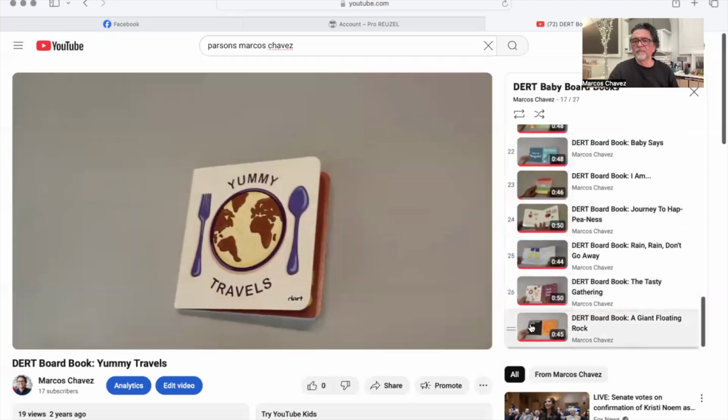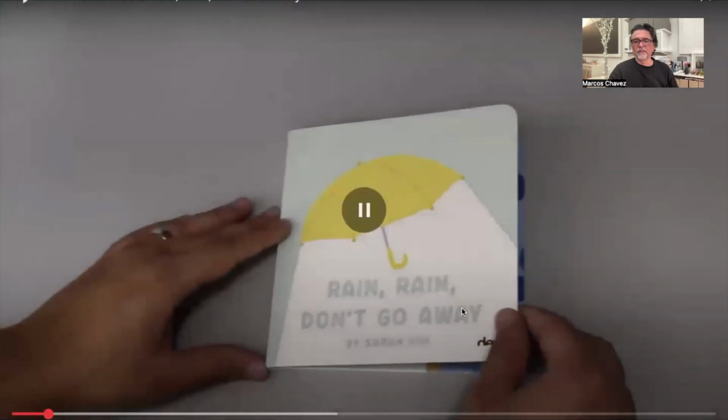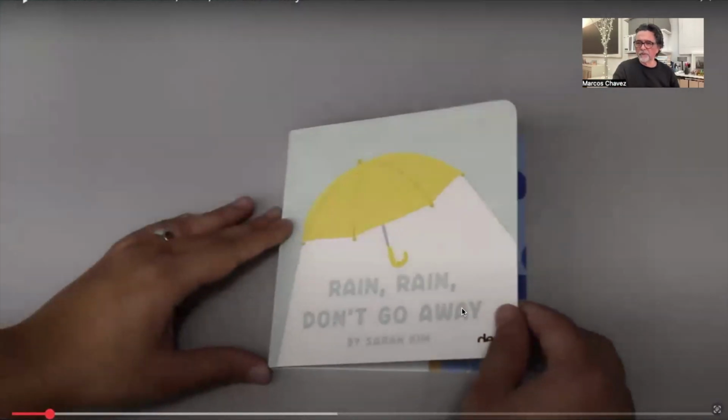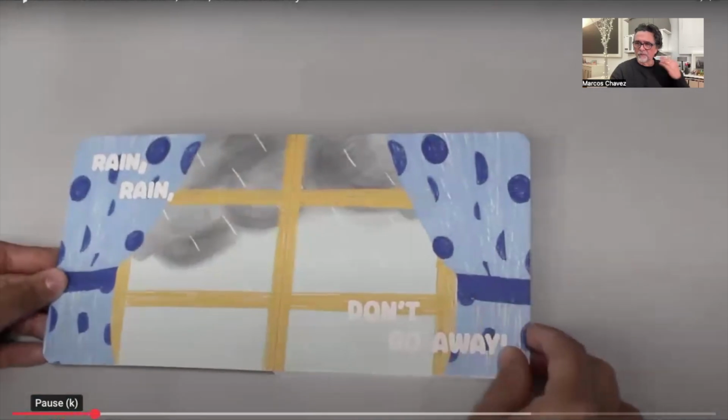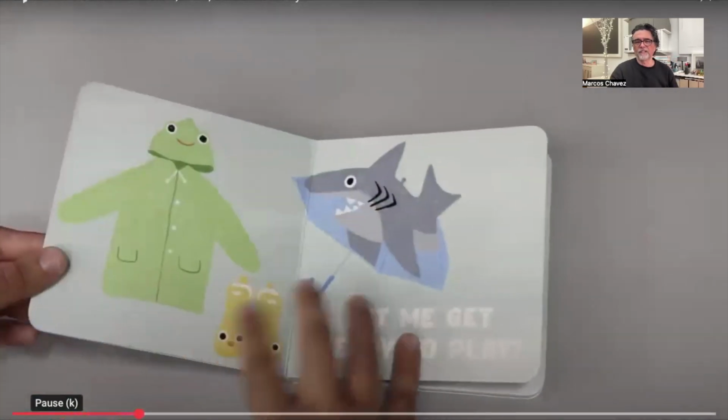Let's look at this here. This is another idea that you might want to consider, which is to think about some of the things that were important for you in your childhood. And this design student said, I really love the song Rain, Rain, Go Away, Come Back Another Day. I don't know if you guys sang that when you were kids. Well, she said, I'm going to take the lyrics of that song, but I'm going to change it to Rain, Rain, Don't Go Away, because she loved the rain and she loved to be out in the rain as a kid. So she created a book that celebrated the rain using the lyrics from the song,